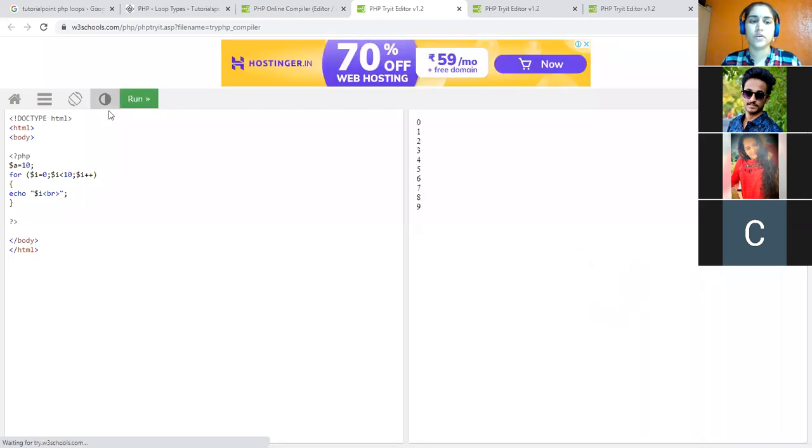So how to use the for loop? Same as you learned previously. This $i from 0: first is initialization, second is the condition, third is increment or decrement. It will display the numbers 0 to 10. It is plus plus, basically less than 10, so it will go only till 9, not equal to 10, strictly less than 10.